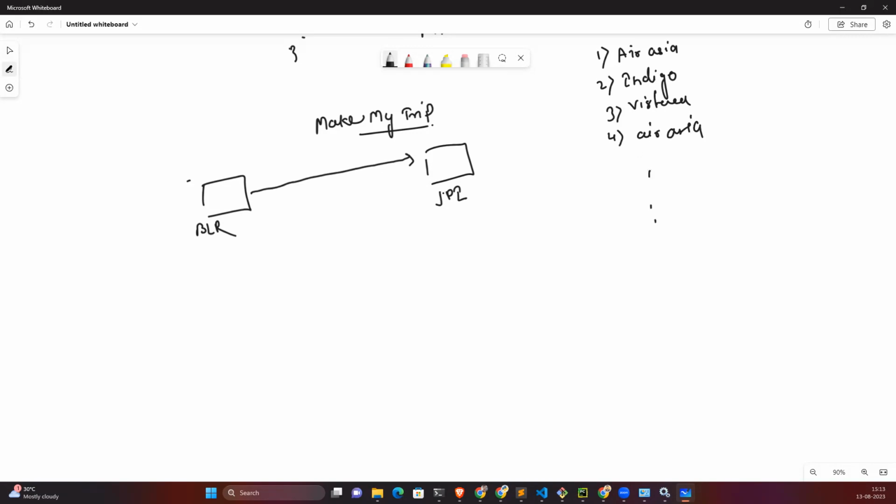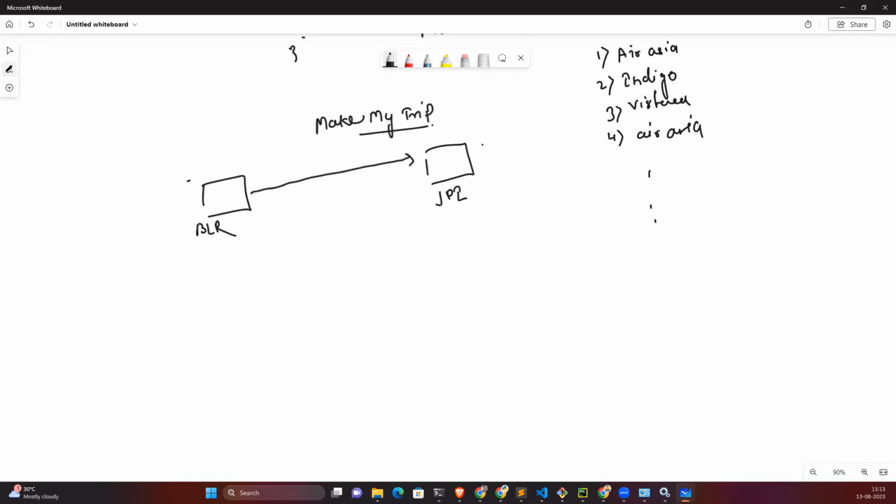Then n number of air services are there. Now, either I can go to these air services' websites and book the ticket. But again, it could be possible that at that moment Indigo is providing the cheapest rate for the ticket and Air Asia is providing a very costly